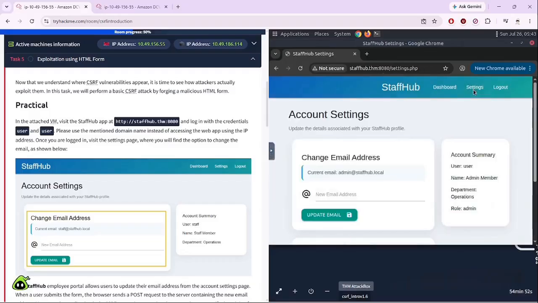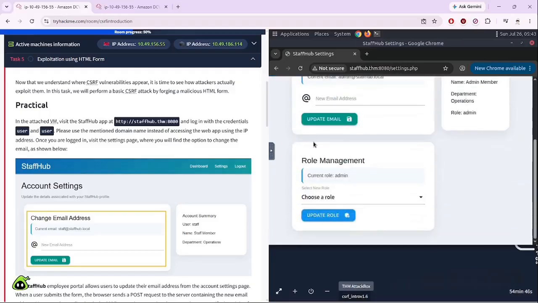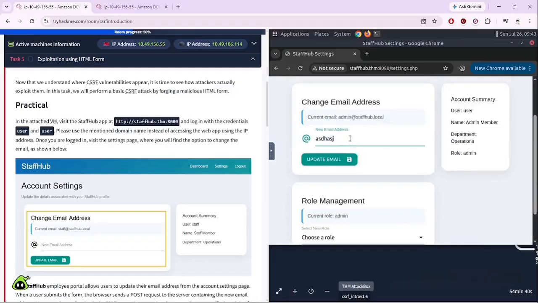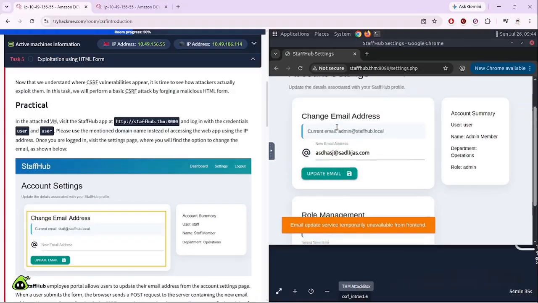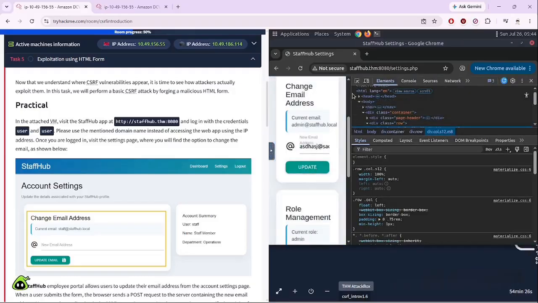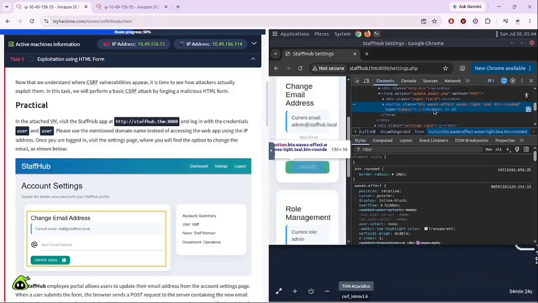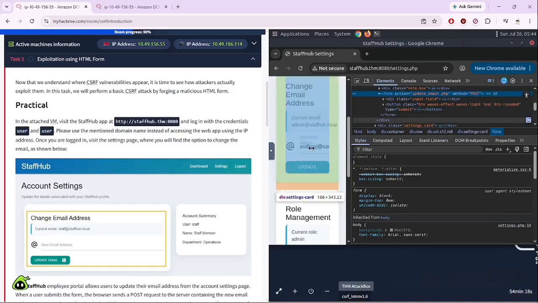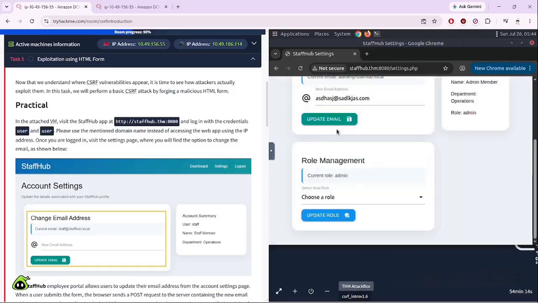If we move to the settings, there is a small form where we can update the role and the email address, but if we try to update using any email address, it doesn't work, because the form is protected by a small file named update_email.php. So to bypass this and deliver a payload, we are going to create another file named settings.html